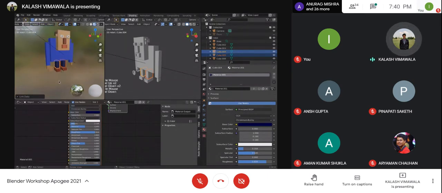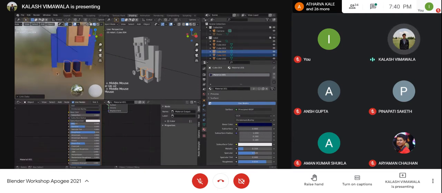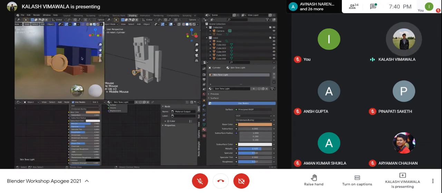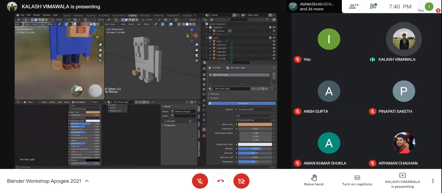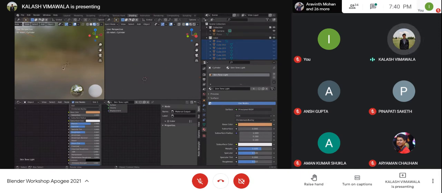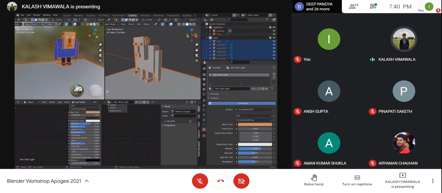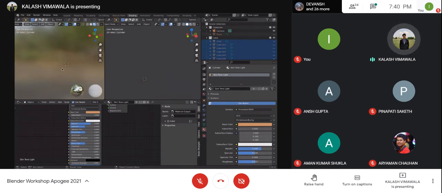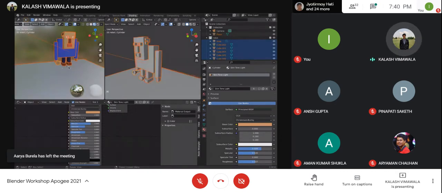Okay, so when you're working on things like this, you have too many objects here, right? And actually I really want to focus only on the torch, but it's really small and all of the other objects are confusing me. So what I can do here is select all objects over here, and I can press H, that will hide them. If you want to unhide them, press Alt H and that will unhide things.